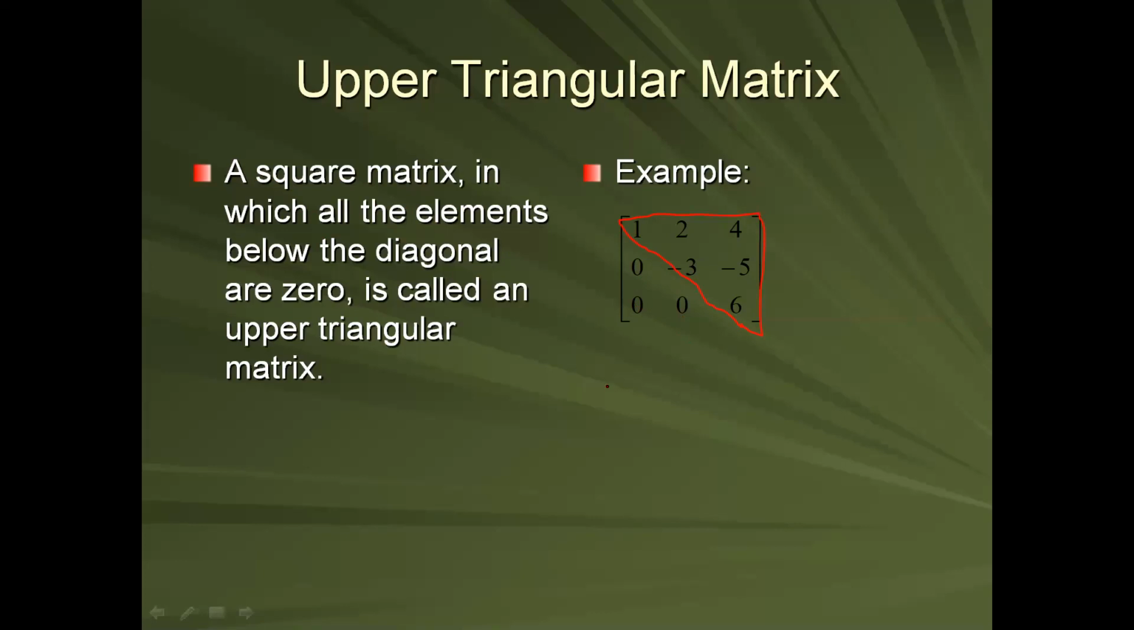It is called an upper triangular matrix. I want one more example of 2 by 2. Who will give me a 2 by 2 upper triangular? Charmi, can you try? Yes, ma'am. 0, 1, 0, 1. 0, 3. No,